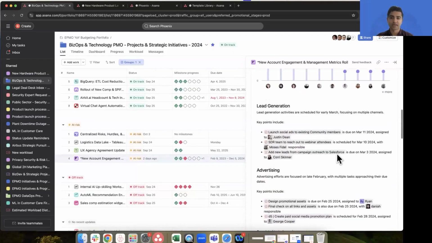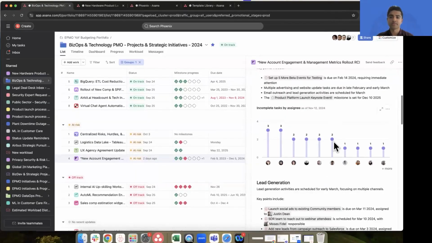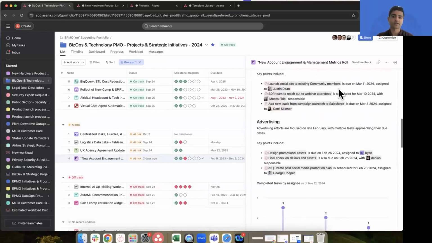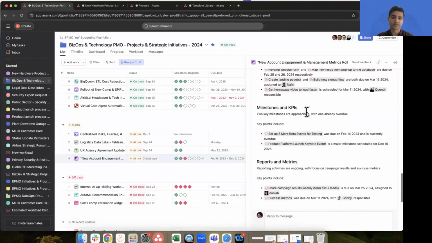So this status update is written by an AI. I can say, hey, request status update, have an AI write it. And we can even run one of those. But just a quick glimpse of what this is, it'll actually look through all the information, look at the time frame that you've specified, and say, okay, here are the blockers, here are the people involved, the milestones, and all these other pieces of information.